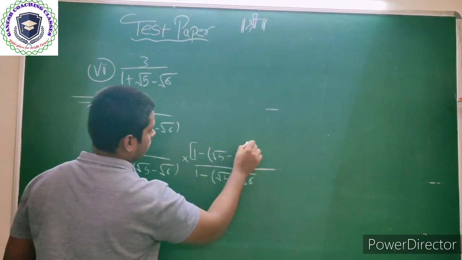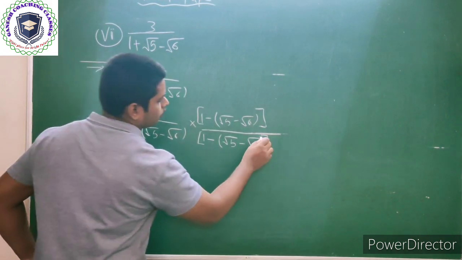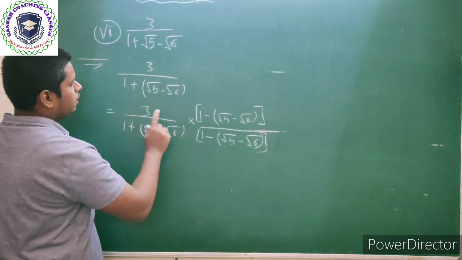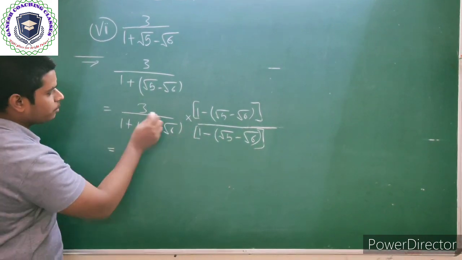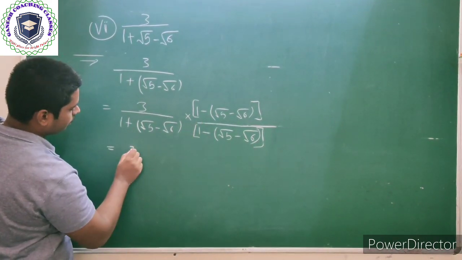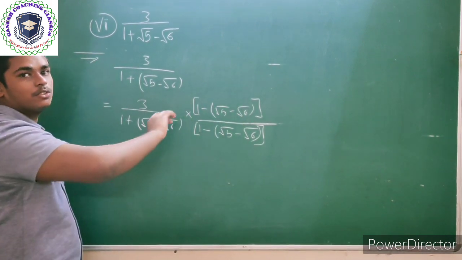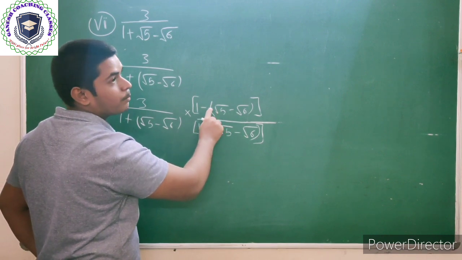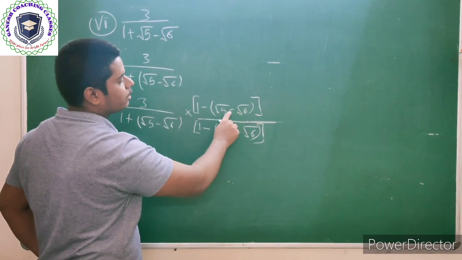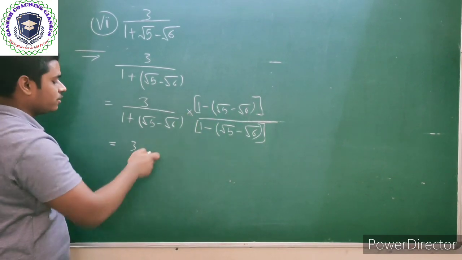Okay, so here we are taking this square bracket. We have to multiply these 3 into this bracket. So the numerator becomes 3 ones are 3. And the minus sign will go inside and change the signs. This root 5 contains plus, so it becomes minus root 5, and this root 6 contains minus, so it becomes plus, because outside that bracket a minus is present.